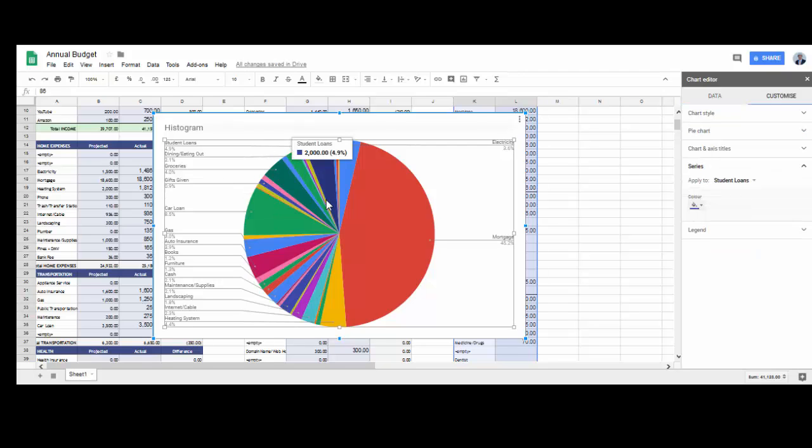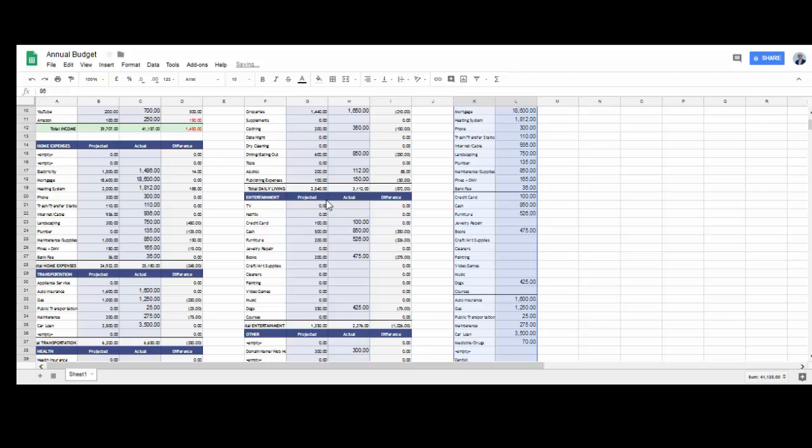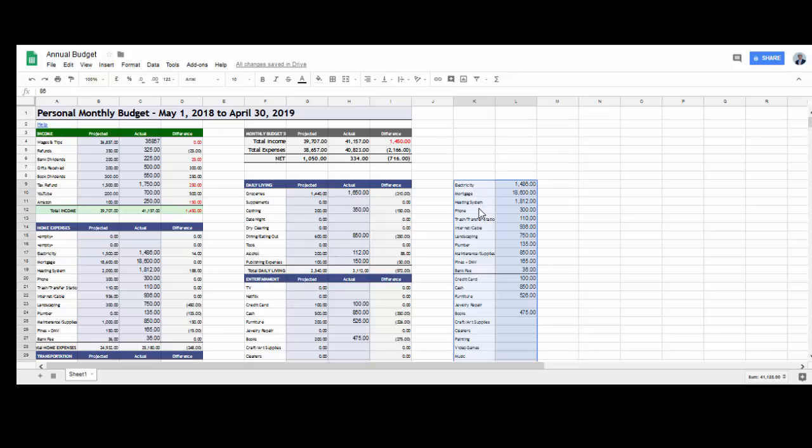Let's delete this chart and then select just the data we want to use from our new columns we set up, specifically not selecting those biggest ticket items. This will allow us to more easily see how we spend the rest of our money. So I'm going to go back over these that I'd selected. I'm going to skip electricity and mortgage, and I'm going to choose heating system and drag that there, and then I'm also going to control click and